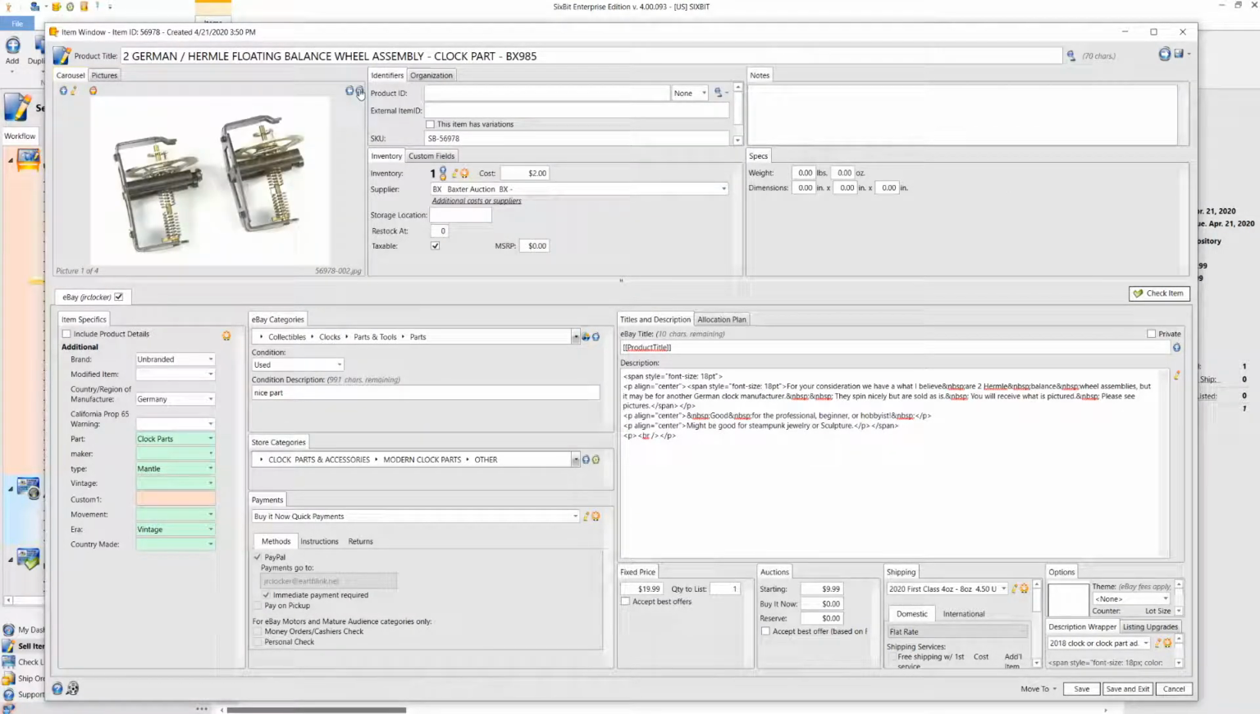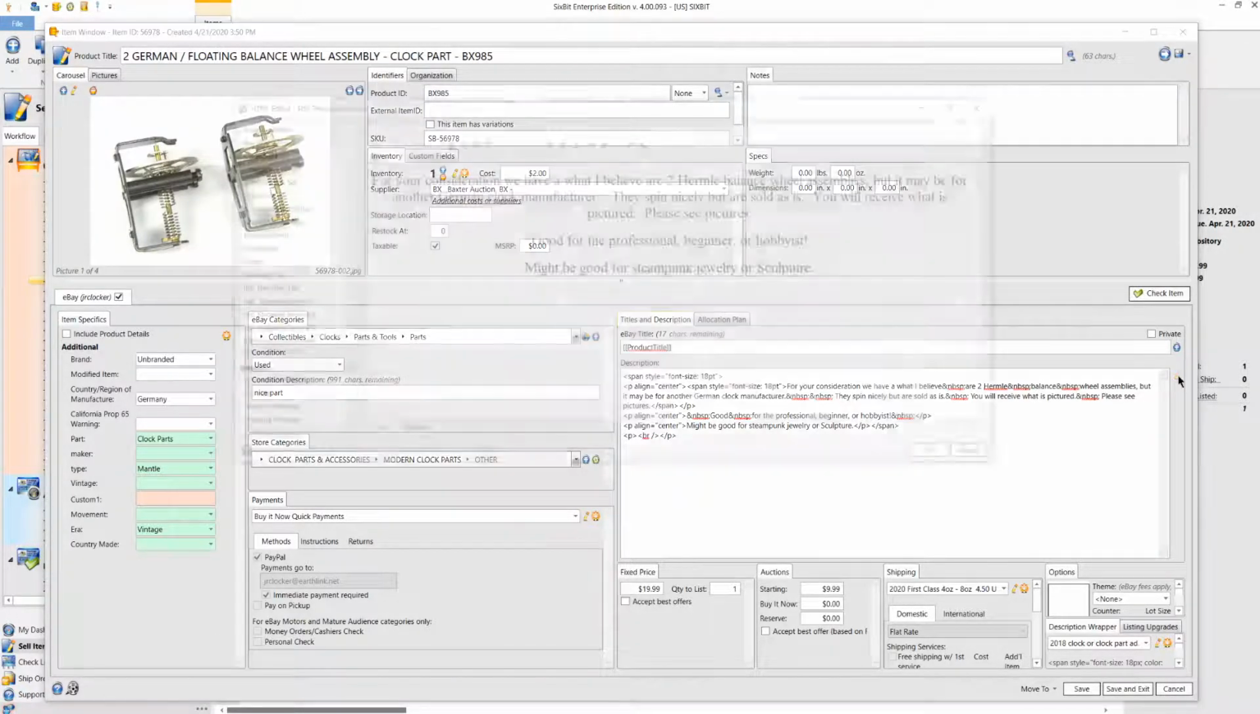Let's check that first. Yeah, there it is. That's the first picture. Germany, that's right. These are right. The only thing I've got to do now is copy and paste that one. Anything else? 19, yeah. It's the same thing. This one I'm going to change one thing, because I think this is not for Hermle, so I'm going to